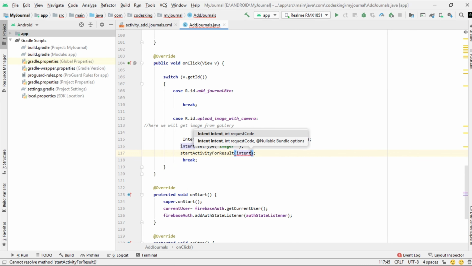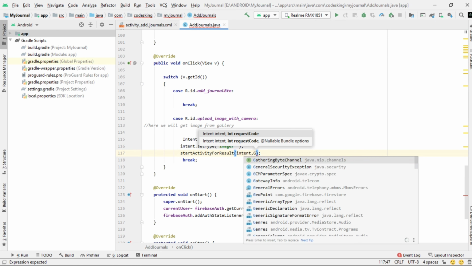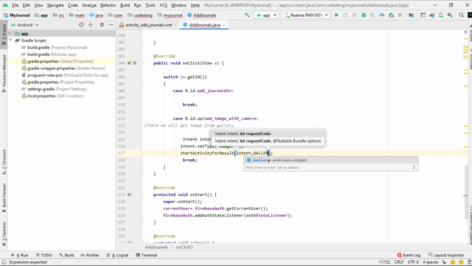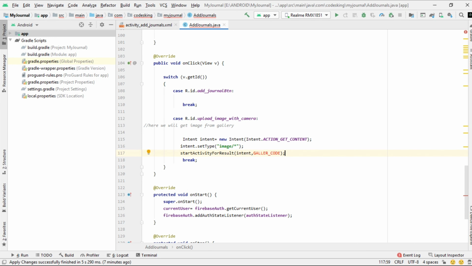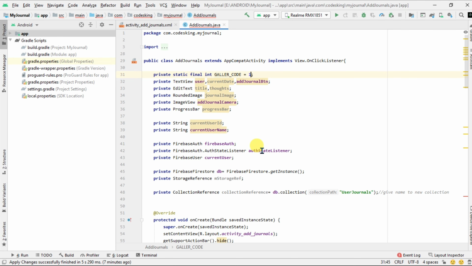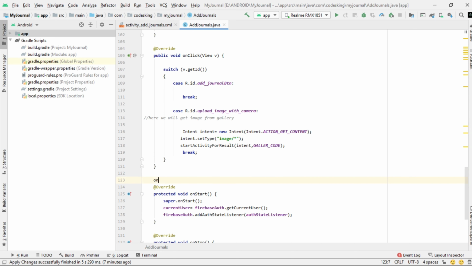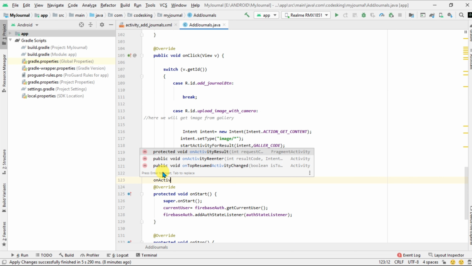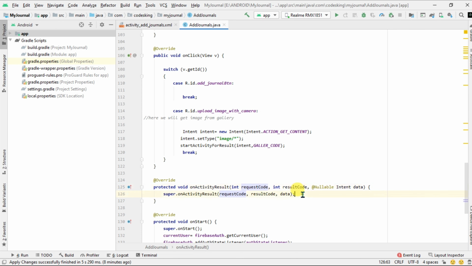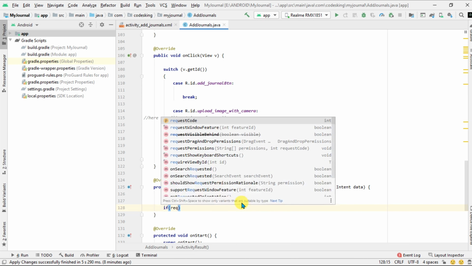and pass the intent and one constant field, that is code. Now define it, give it value, that is 1. Now we need to override the onActivityResult method with 3 fields, that is request code, that is from the user side, result code, that is from the operating system, and data is the image we will get from